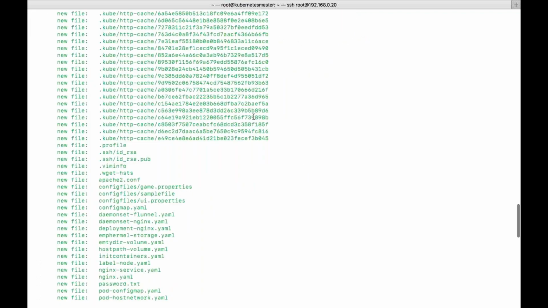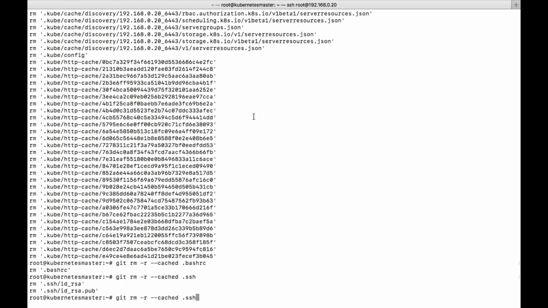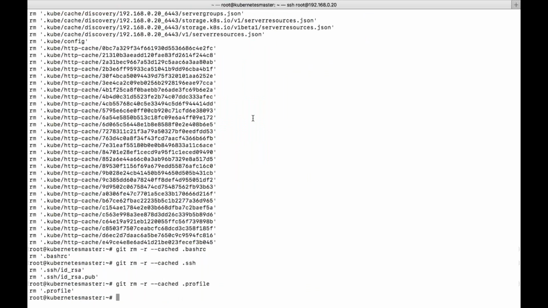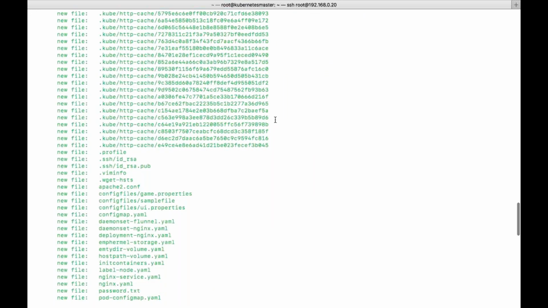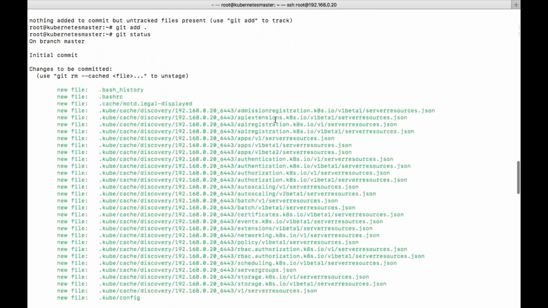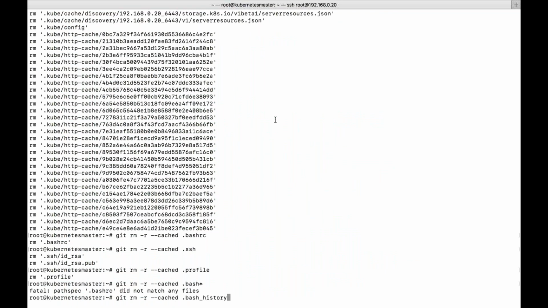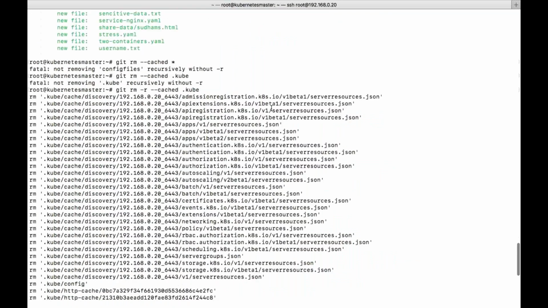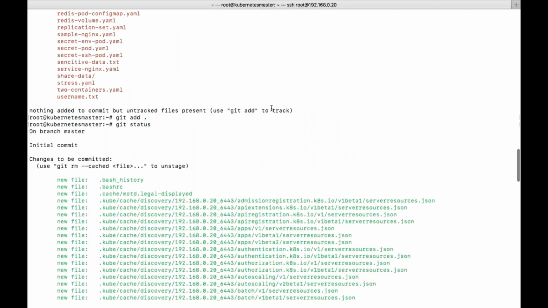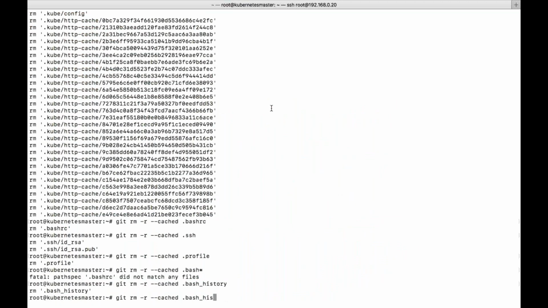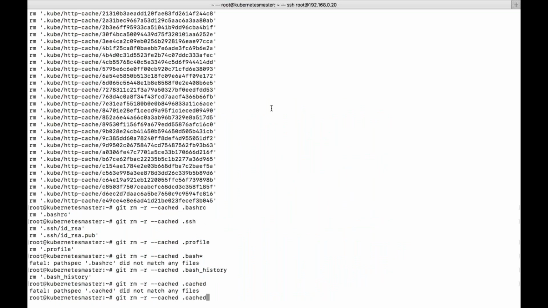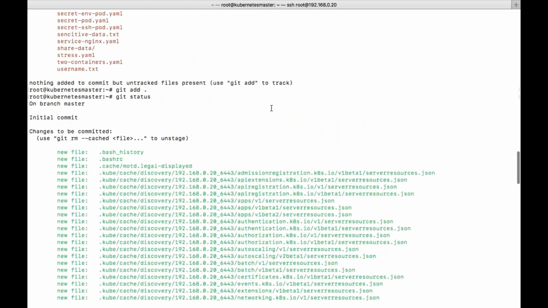Also the profile files, bash history, and cache.